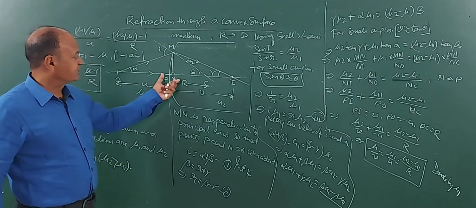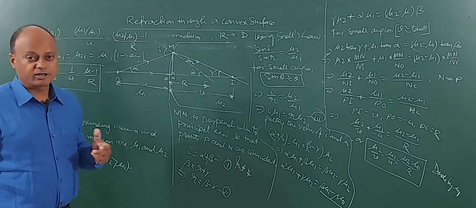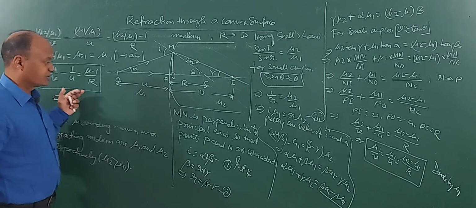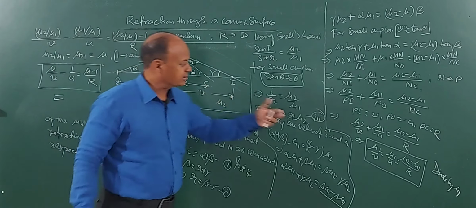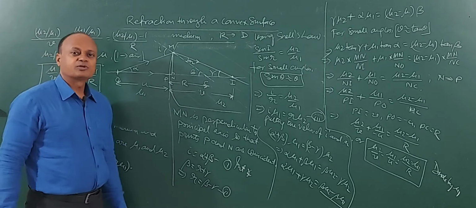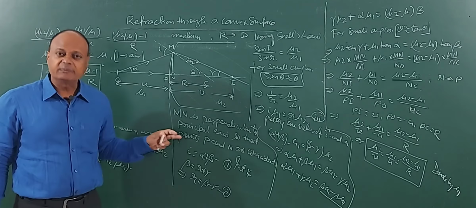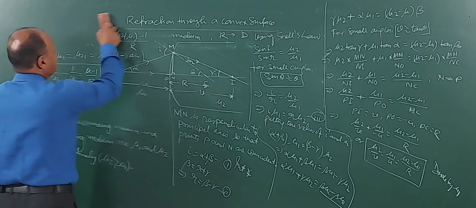So remember, this formula can be used only when medium 1 is air. However, suppose I place this lens in another medium which is optically denser than air or which is not air, then I will not be able to use this equation. I will be using which equation? This equation. Okay. So this is the equation for refraction through a convex curved surface when the object is in which medium? Rarer medium.